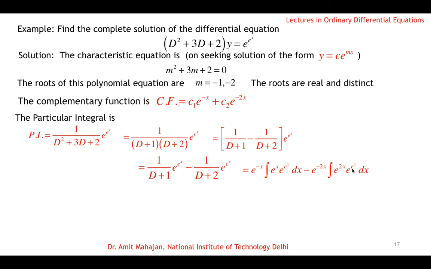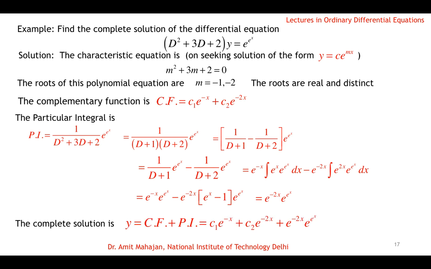Similarly here e power x is t, so e power x dx is dt, so it will be the integral of t e power t dt. So you can integrate by parts and then back substitute. So easy to solve this, so I'm writing the solution directly. So the solution is e power minus 2x e power e power x. So you have the complementary function, you have the particular integral, and the complete solution is the sum of these two.